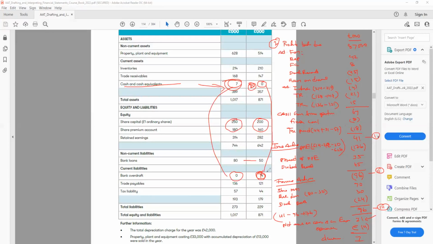All right, that's how we can complete our cash flow statement. If you practice a few times, you'll be absolutely fine, because this question is not very difficult, and most likely it will be in the exam, and it will give you a lot of marks. So make sure you know how to prepare the cash flow statement. The way to make yourself more ready is to practice the questions from the book, practice 1 or 2 questions from the question bank, and also practice questions from the AAT website, and you'll be absolutely ready for your cash flow